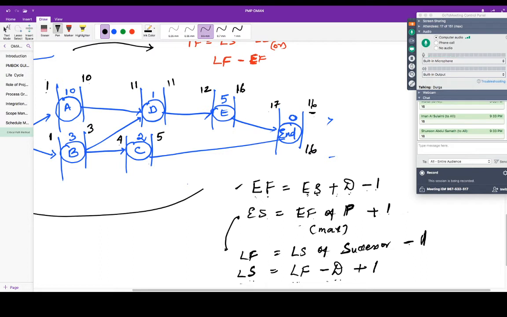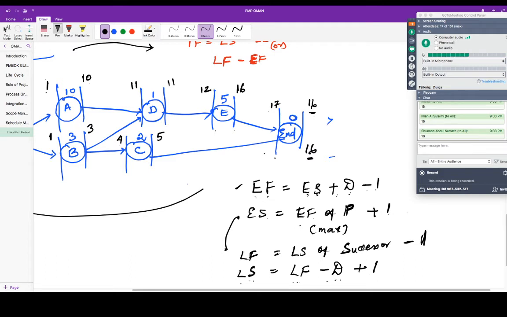Okay. So here you know, this is late finish, right? Late finish, late start. So we are going to come backward. So what is the late finish? Late finish is just copy paste the early finish of the last activity here. So here the milestone is the last thing to do. So 16, just copy paste here.